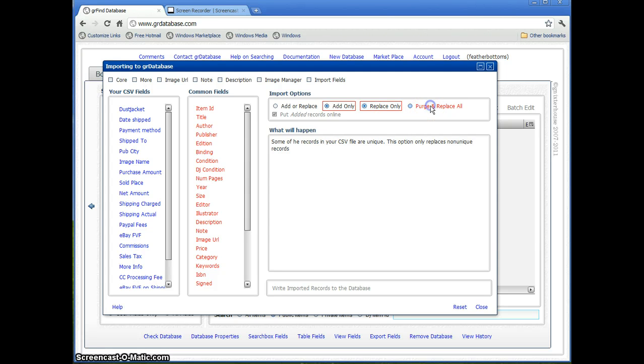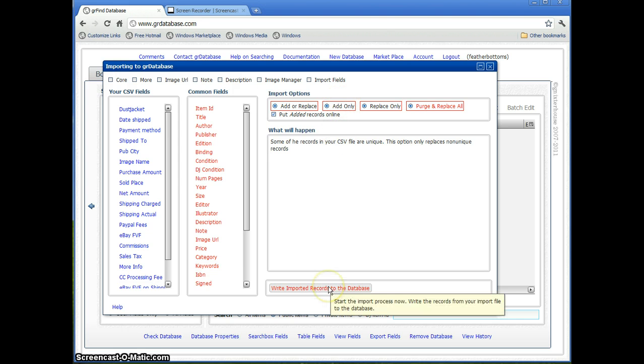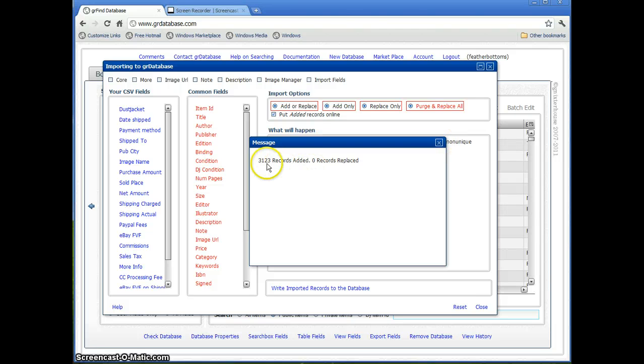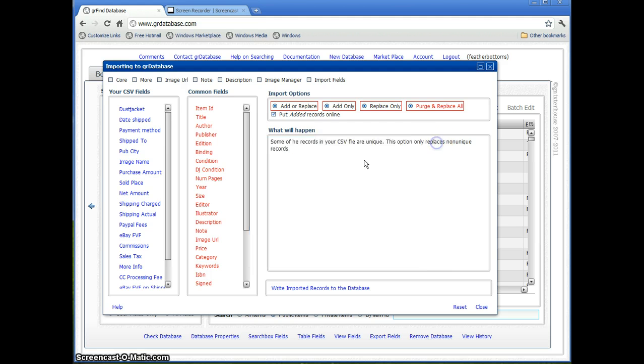And the other option is to purge and replace. What this does is it deletes every record in your database and replaces it with every record in your CSV file. So we'll do add or replace, though since this is a new database, it's the same thing as add only, but what we'll do is we'll say write imported records to the database. And when you do that, it will add 3,123 records,